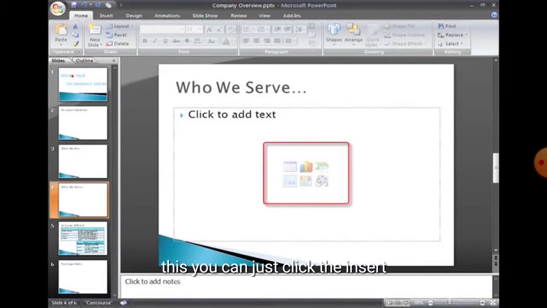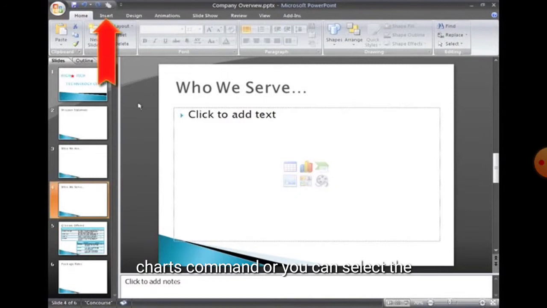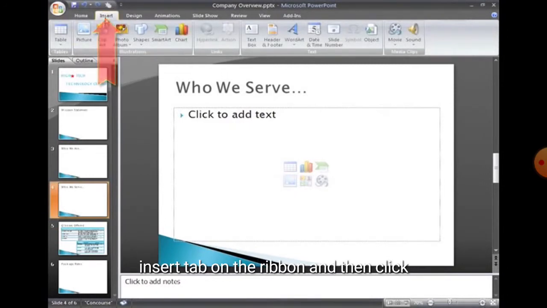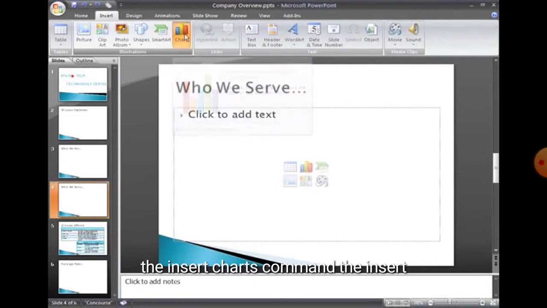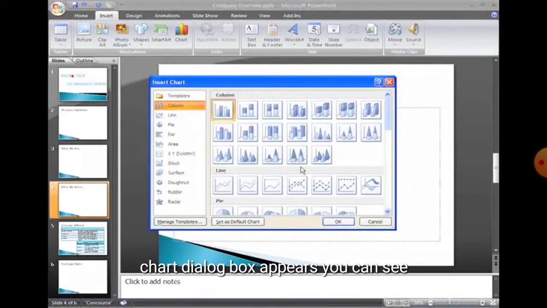Here, in this placeholder, we find the chart button. With this icon we can insert a chart, or we can go to the Insert tab and click on the Chart option. Click on this chart, and we find the various types of charts and their subtypes.